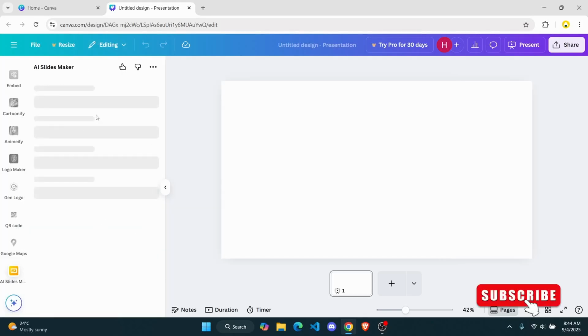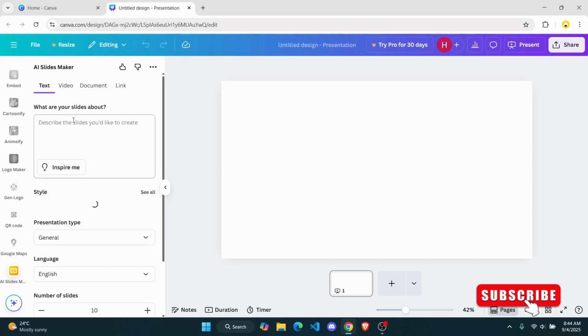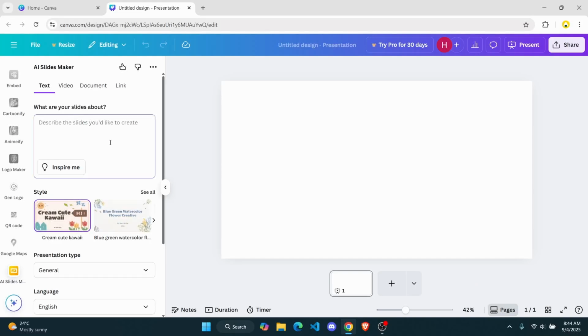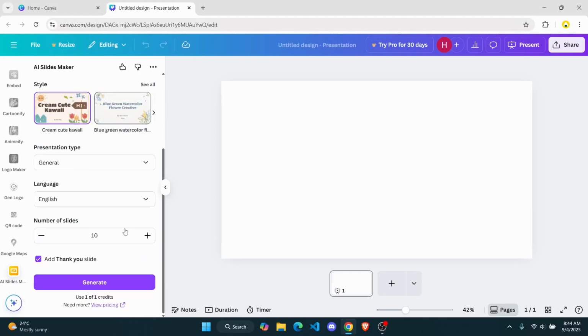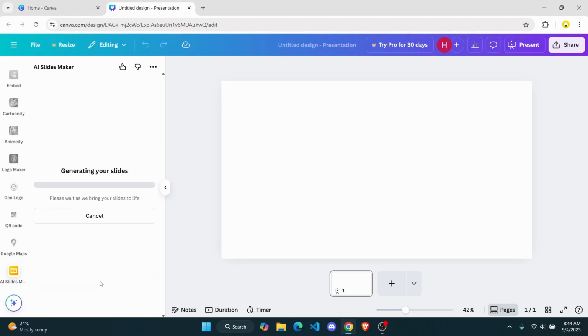And you can easily enter your prompt over here. So describe what you would like to create. I can just do something like healthy lifestyle tips. And then hit enter. Now you can just scroll down and then tap on generate. Enter the number of slides. Let's say if I just want 5 slides for now, tap on generate, and it's going to automatically generate slides